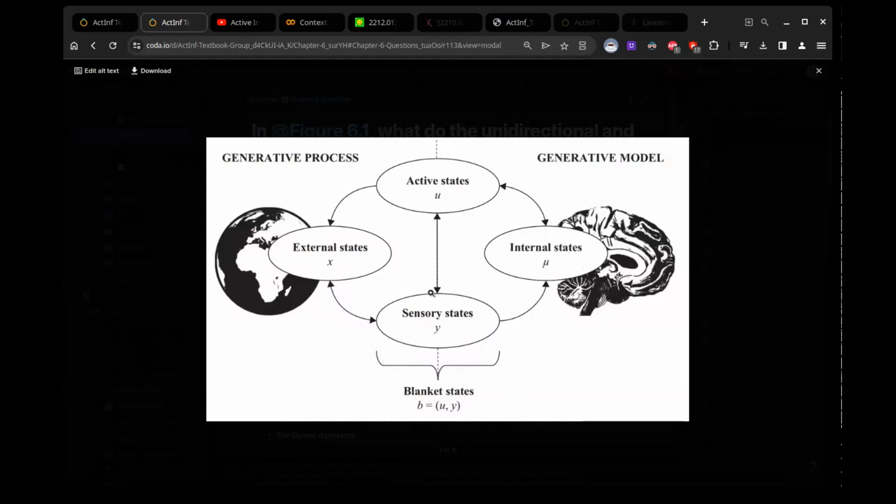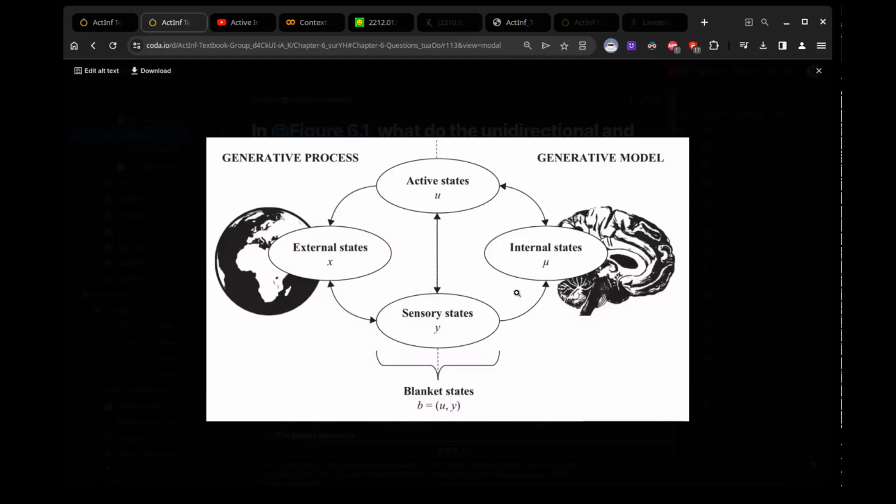So the blanket states are connected to each other, possibly because they form that insulating set around the internal states. So again, you can design a system where the API call comes in, and then a second computer computes it, and then a third computer emits it. So there doesn't have to be an edge between these two, but in principle, it's allowable.